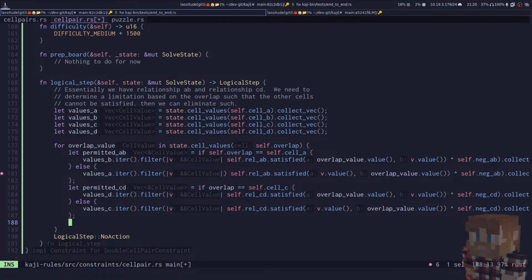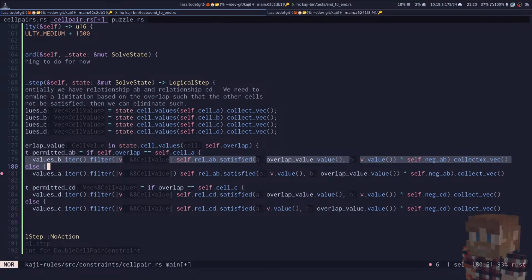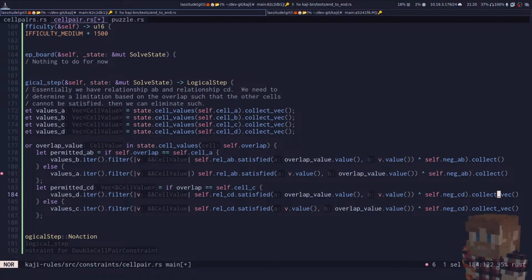But I think that's fair because the relationship thing means they're not going to be the same. So, is it worth saying collect as a vector? I don't think it is. I think we should just say collect